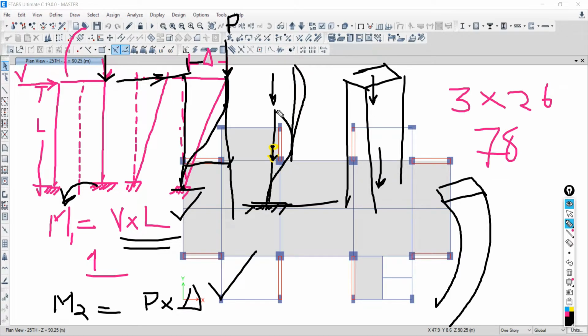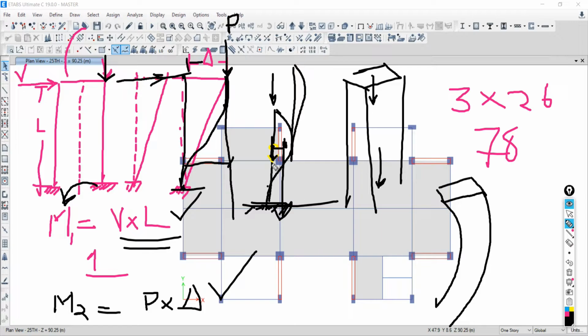Now the CG is going to be shifted to this point. Has eccentricity developed or not? Yes, sir, it has developed. That's why we have to consider the load multiplied by this distance. We don't need to go up to this level; I am just sharing it for your information. So we have to define the P delta effect in our project.